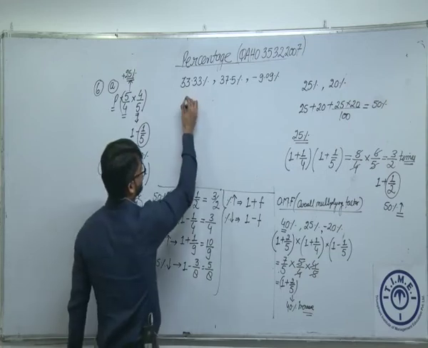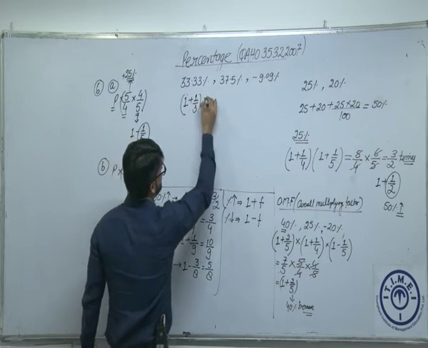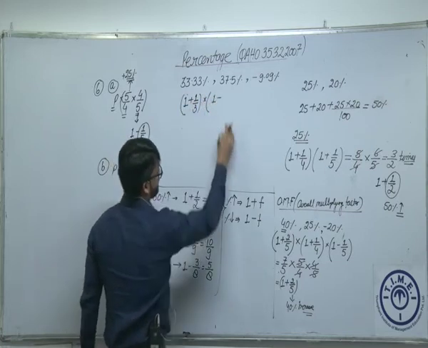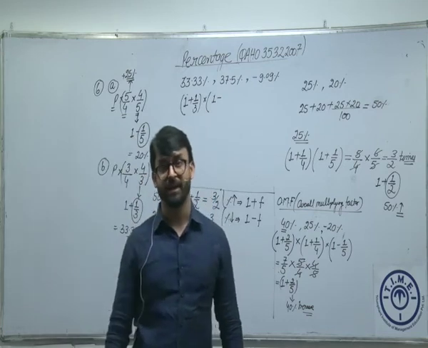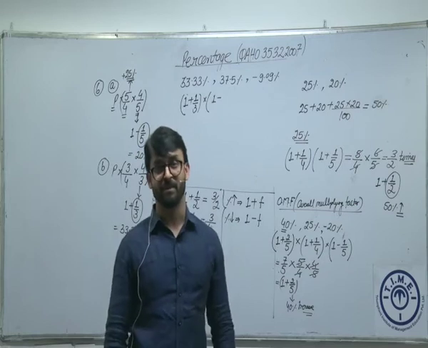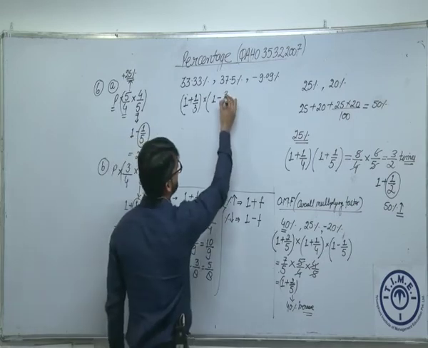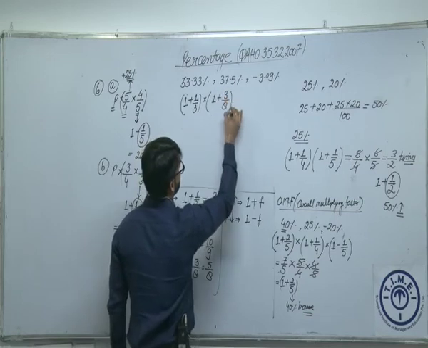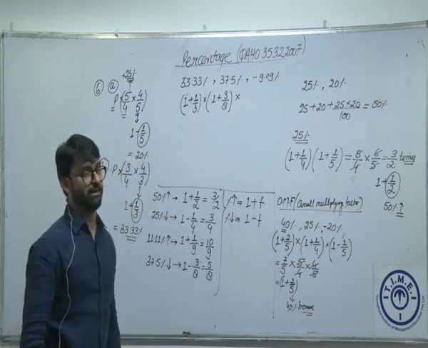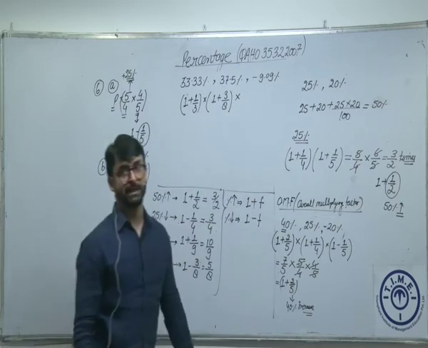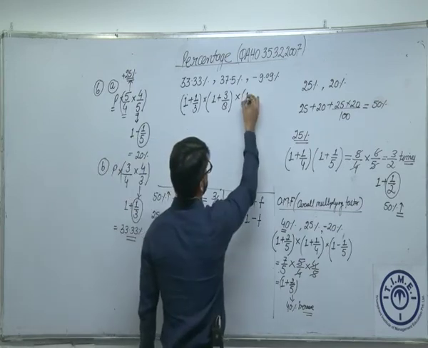33% इंक्रीज का मतलब कितना होता है? 1 plus 1/3. 37.5 हम कई बार इस्तेमाल कर चुके हैं. I'll repeat it one more time. 12.5% is 1/8. उसका thrice 37.5%. 1/8 का thrice is 3/8. So this is 1 plus 3/8, in fact, it is increase. And this is 9.09% decrease. I have mentioned in the very beginning of the class that this is 1/11. 1/11 reduction है.